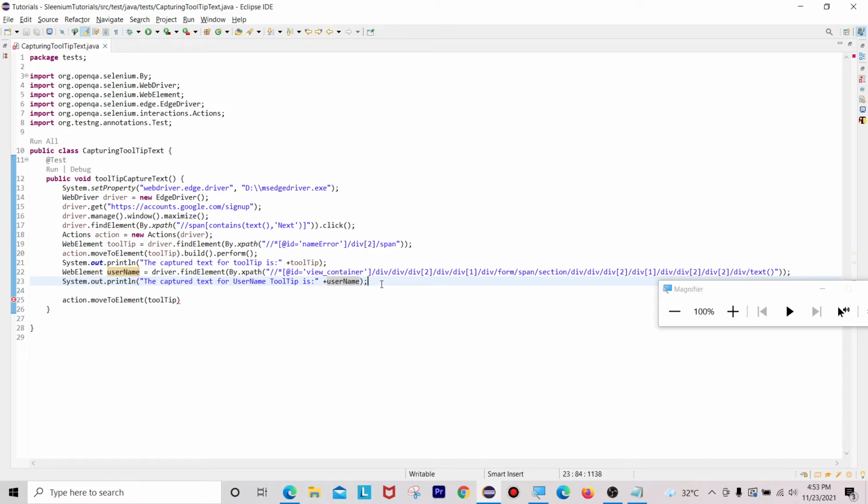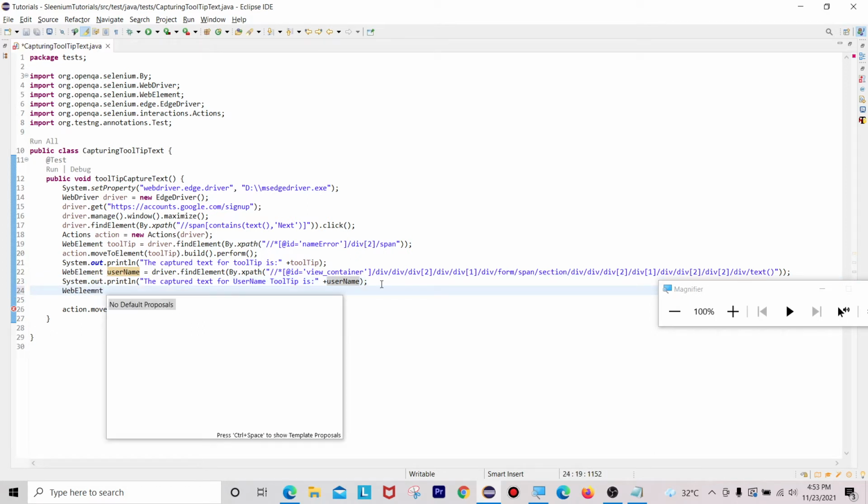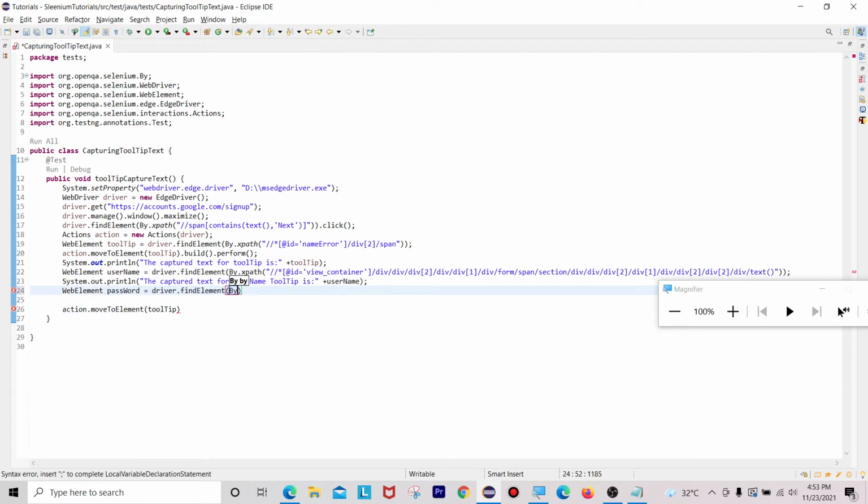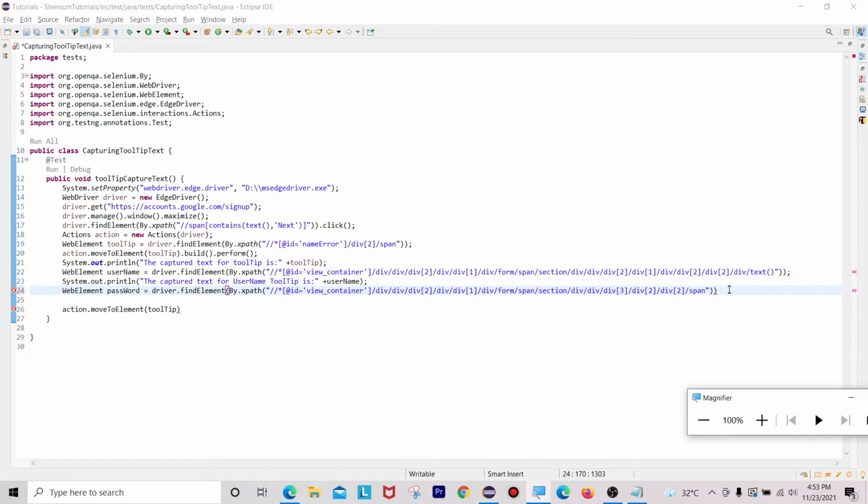Now I am going to initialize one more web element for the password tooltip. WebElement password equals driver.findElement(By.xpath(...)). Let me drag this one. This is for the password tooltip.